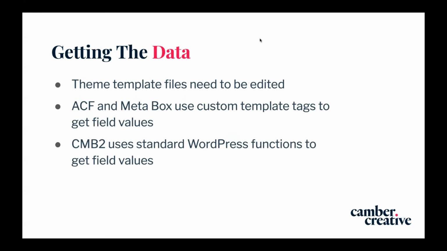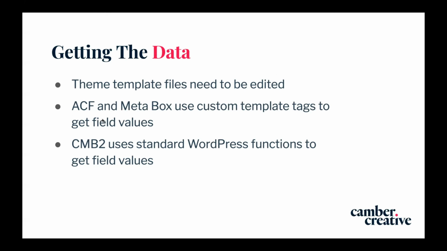So we have these meta boxes and we have this data attached to our post or whatever custom post type. And you need to get that data out and show it on the front end of your website. And for that, theme template files need to be edited. There's just no two ways about it. Well, okay, so there's another way about it. Metabox.io has a plugin called Views, which would allow you to do it in a GUI. And I believe ACF would as well. However, that kind of thing is still kind of in its infancy,